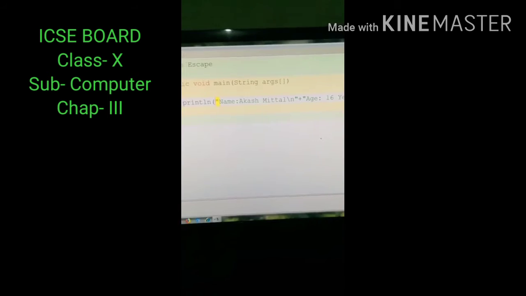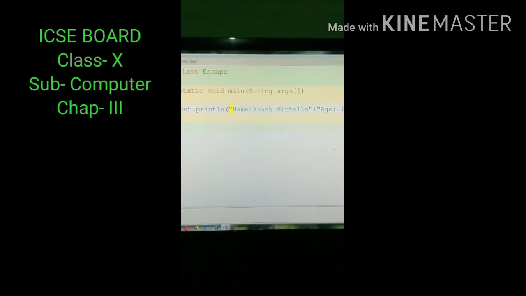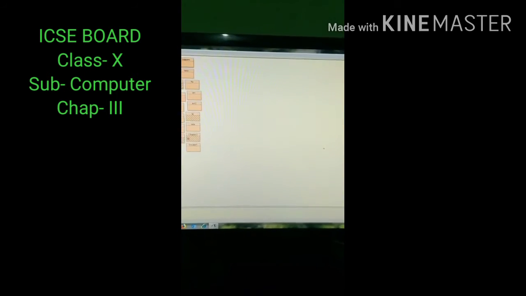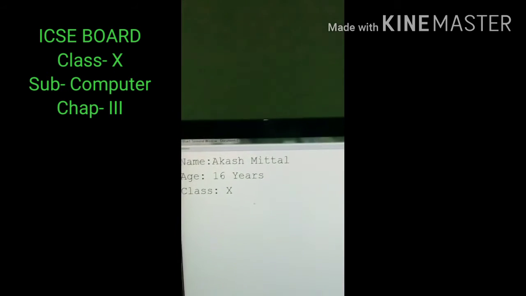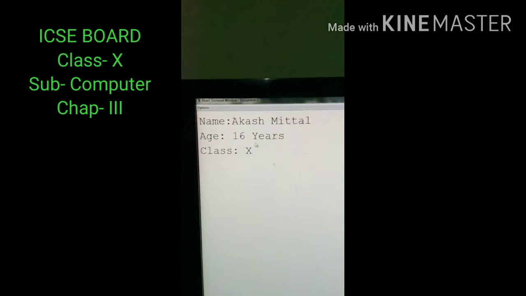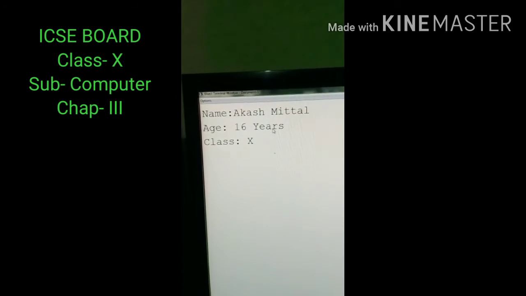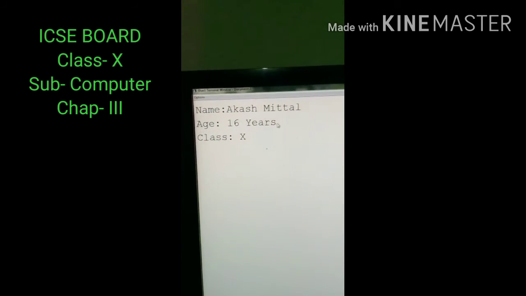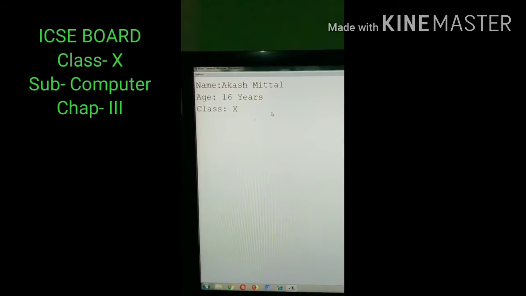So I am showing you how backslash n will break the line. Okay, see, Akash Mittal, then age has come in the second line and class 10 in the next line. So this is the use of backslash n.